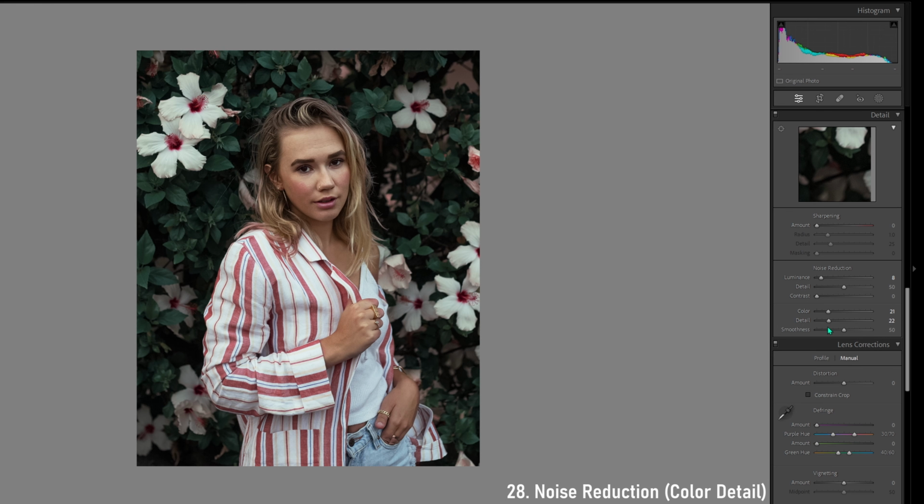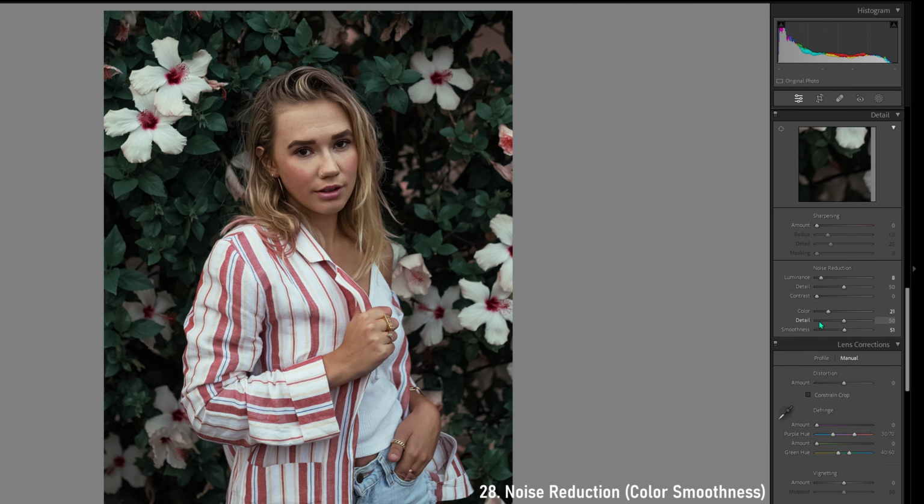I've noticed it can also reduce some color details, so just be careful of that. Noise reduction color smoothness enhances the smoothness of color transitions, so you want to use this slider to ensure a smooth gradation of colors. This is particularly useful in areas like skies where you want to maintain a natural and noise-free gradient. So I always best recommend when dealing with these, just zoom into the photo and then adjust it with the sliders here. Just zoom in and play around with these sliders when you have an image with lots of noise and just